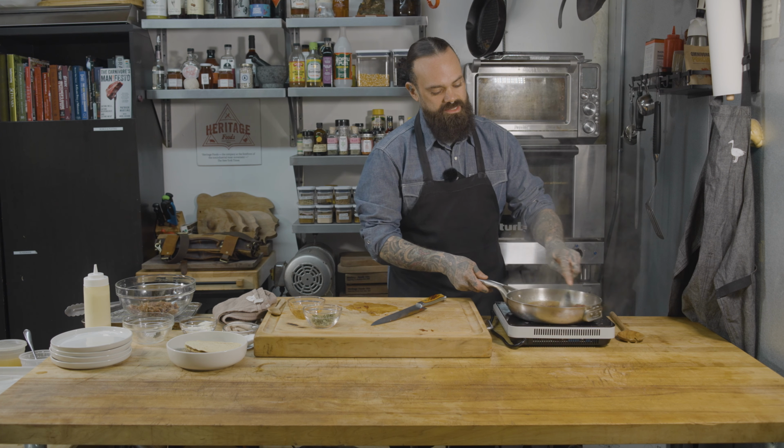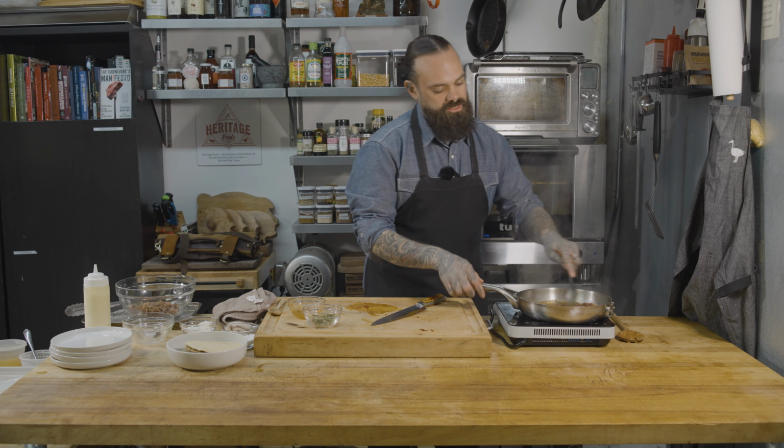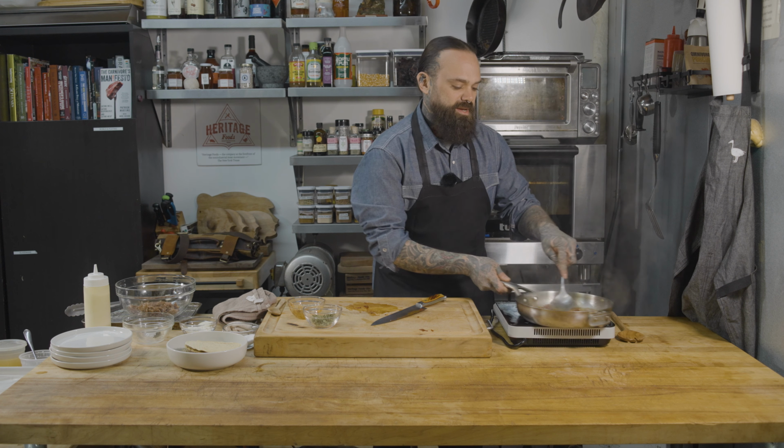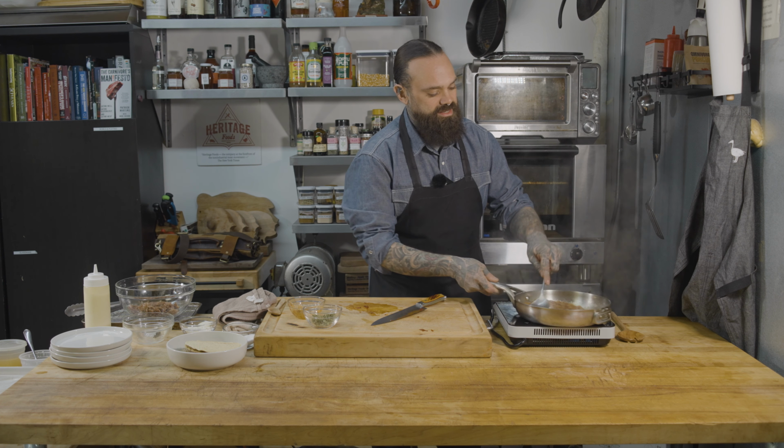And we're getting close now. You can see as I'm stirring, it's almost like a risotto. It's taking longer for the liquid to come together. And that's from it getting thicker with the fats emulsifying and the...